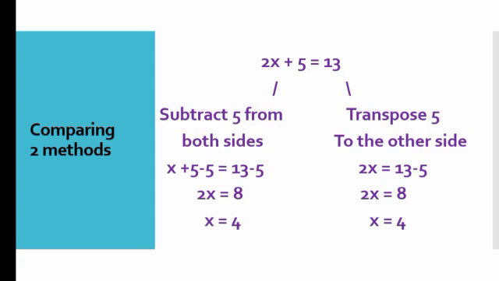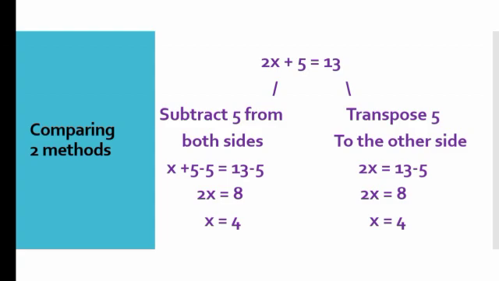So what is the procedure? We subtract 5 from both sides. The 5 cancels out on the left. Next we get 2x equal to 8. Then we divide both sides by 2. Finally we get x equal to 4. Though it was a very logical way to go about it, it may prove very lengthy for your competitive exams.